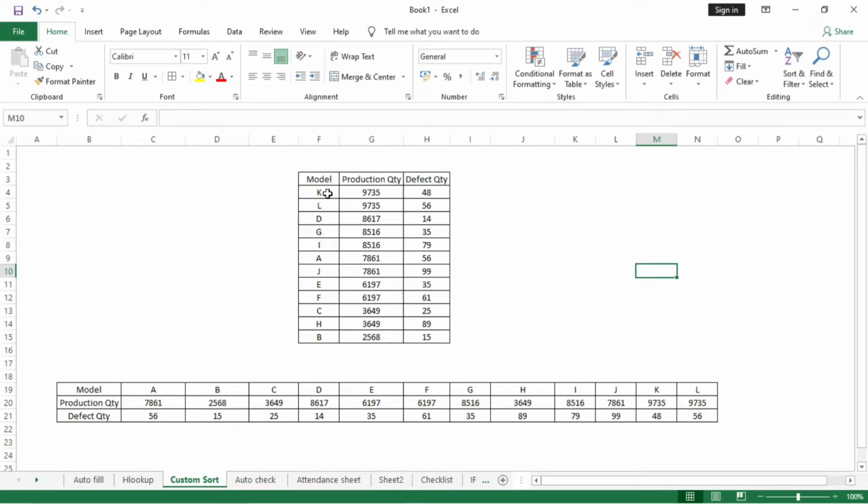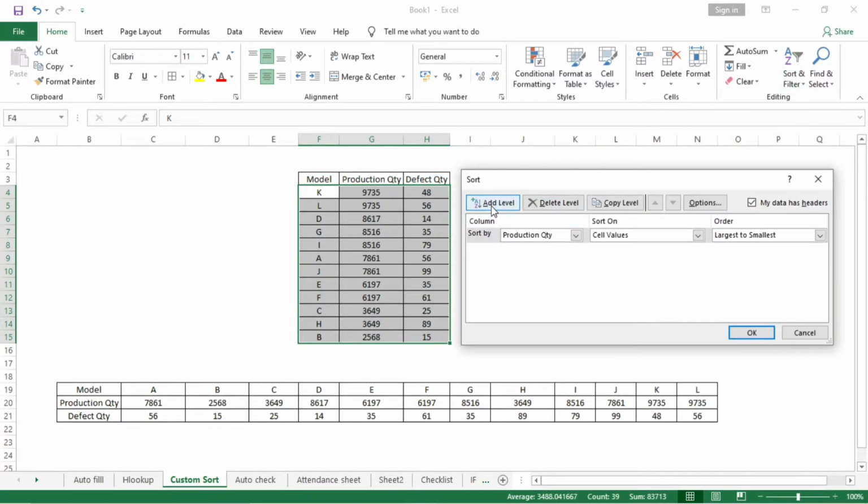So as you can see, it has sorted my data from largest to smallest, but defective quantity is still not sorted. So we'll go again back to custom sorting and we will add a level here. When we add the level, it is saying sort by production quantity and then by. So after sorting by production quantity, I want the data to be sorted by defective quantity from largest to smallest,